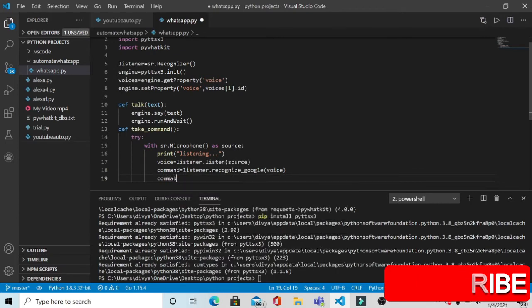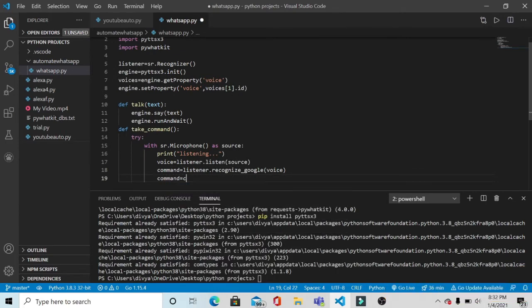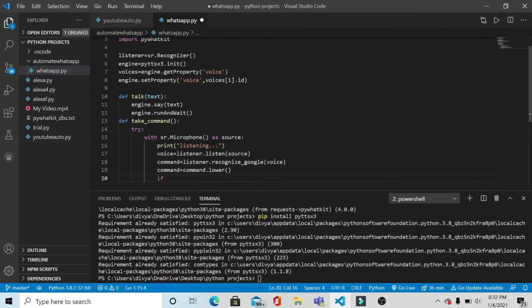So after that we are giving the command to a lower function. We are making the condition that if our text, or our speech, contains the Alexa command, then what do we have to do? Let's say I am saying "Alexa open WhatsApp and send a message to Adi," or "Alexa open WhatsApp and send a message to my daddy." So in this whole process the Alexa word will get replaced with an empty string.